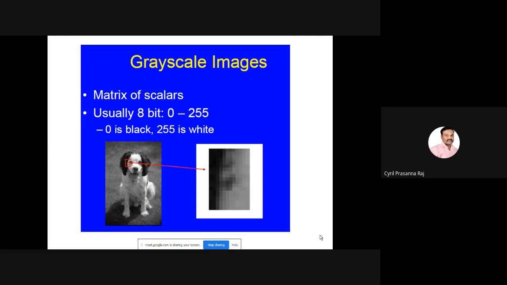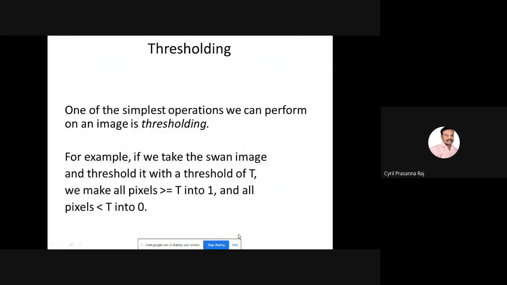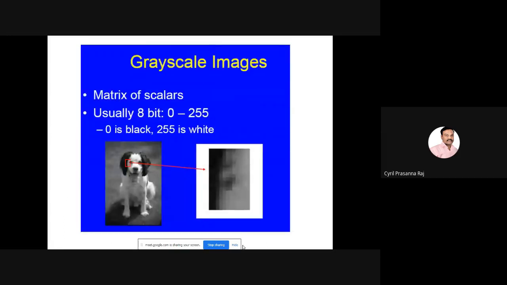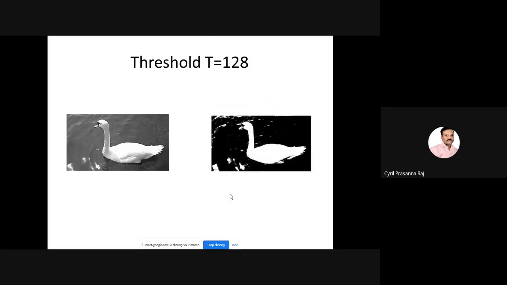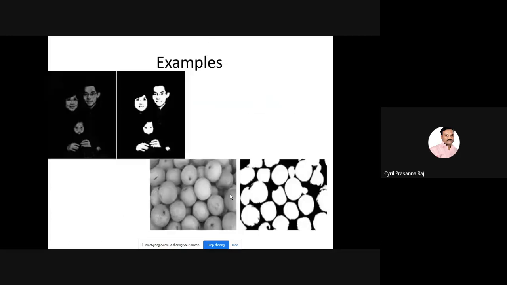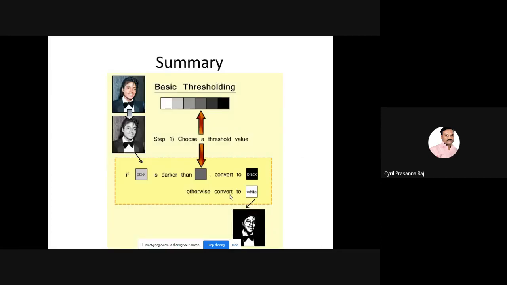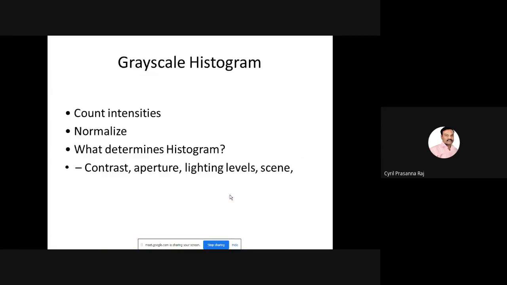So if you take a simple image, and if you take only the part of this eye, you find that these are various pixels available in the given image. It could be black, it could be white, it could be gray, or whatever it is. Let us see what is meant by histogram.